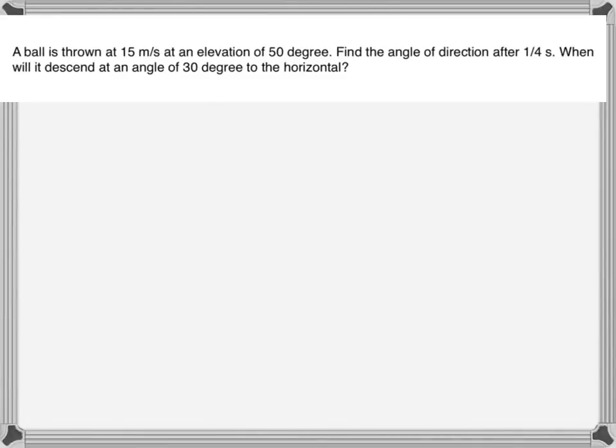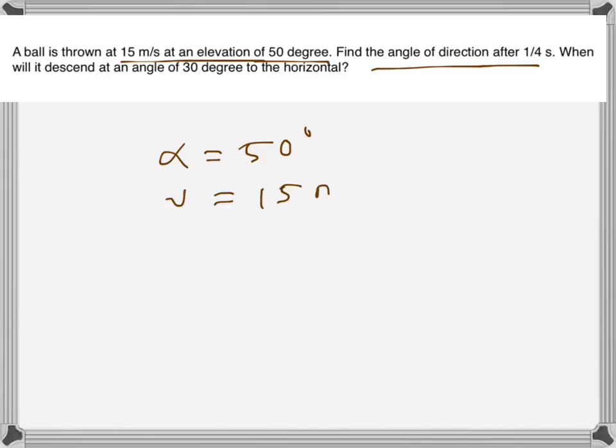So a ball is thrown at 15 meters per second at an elevation of 50 degrees. We need to find the angle of direction after 1/4 second. So the initial angle is 50 degrees and the velocity is 15 meters per second. To find the angle of elevation, first we need to find the vertical component of the velocity